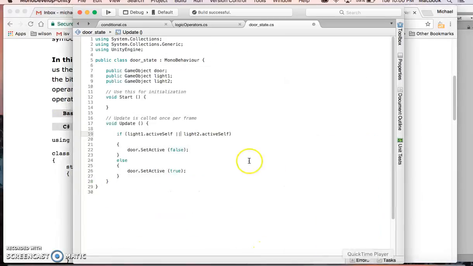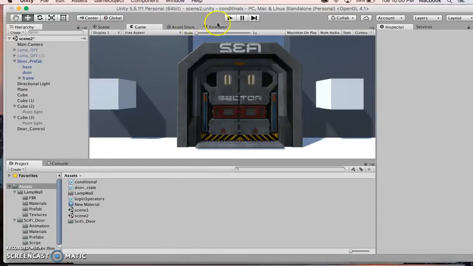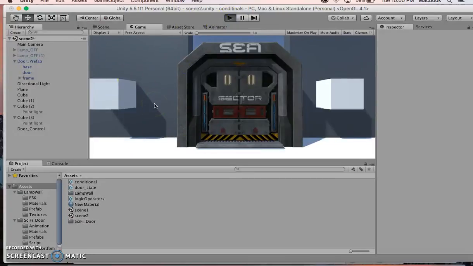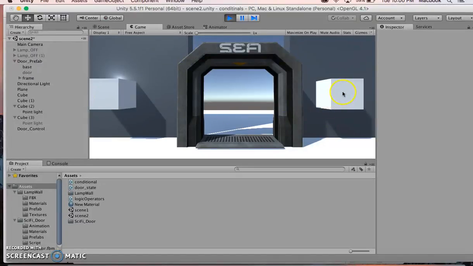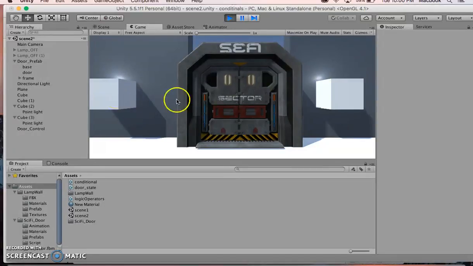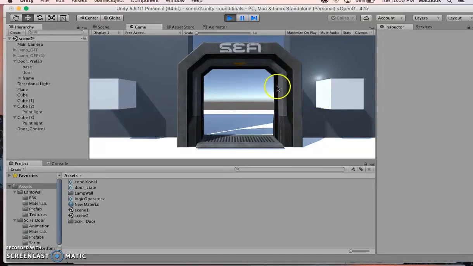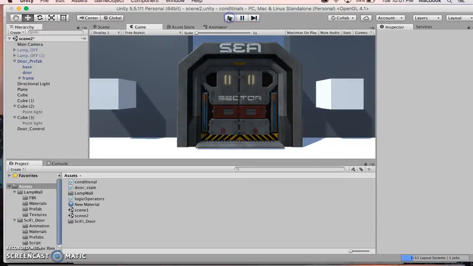So if we come back to here, and get rid of that. So if this is an exclusive OR, what should happen is if both lights are on, the door doesn't open. If only one is on, it does open. So it's almost like you've got a little mini puzzle. So that's on. So hopefully if I click on here, beautiful. That is an exclusive OR. Lovely. Absolutely fantastic. And that is it. That is C#